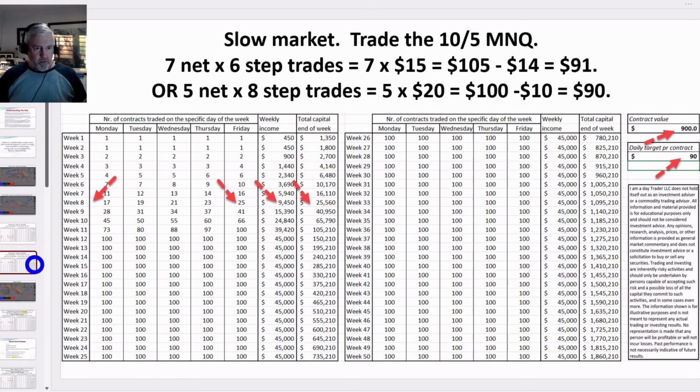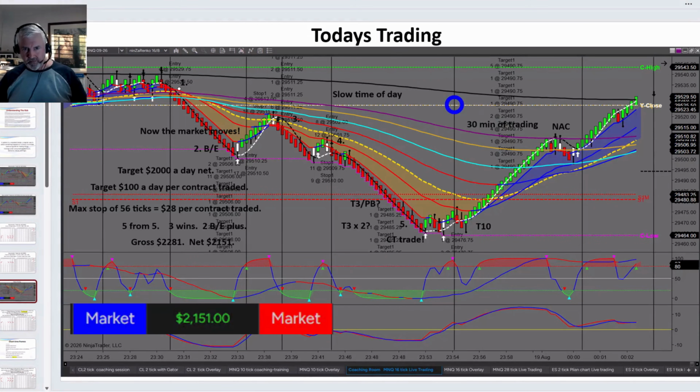Now what I want to show you here is my trades from today, and I'll show you on the charts in a moment. Here this is 30 minutes of trading. I was up 2100 trading 20 contracts. Now the amount of contracts I trade depends on the capital requirements. Could you trade 50 a day on the micro? No problems at all. We're seeing typically now volumes of 2 to 3 million contracts a day on the micro